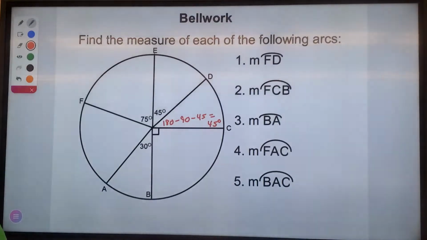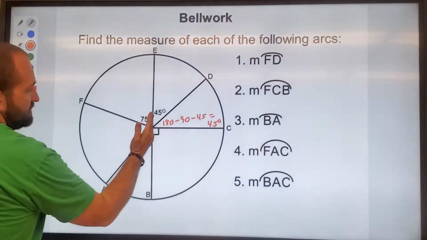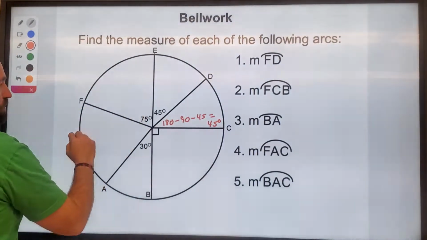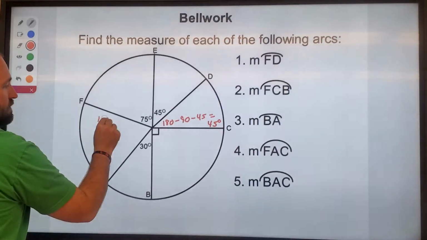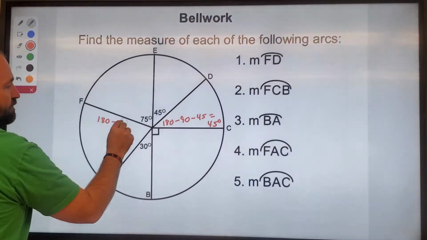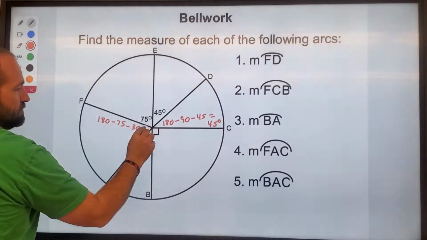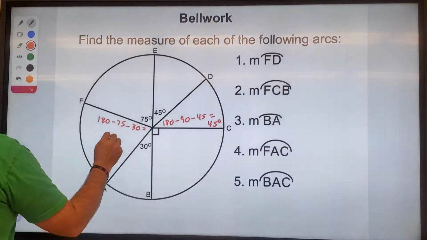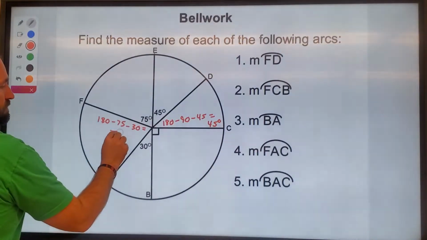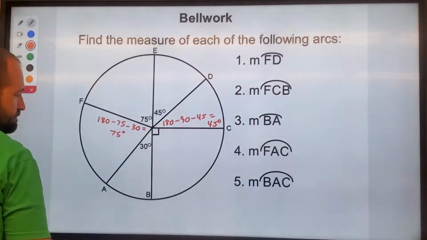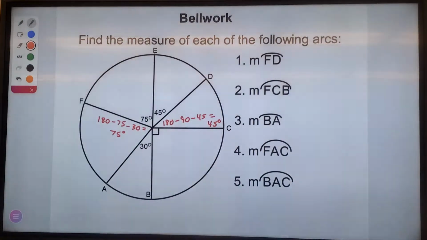Okay, and I'm going to do something similar over here. Again, this is a half a circle, so I know I have 180 degrees over here, so I have 180 minus the 75 that's right there, minus that 30 that's right here, which gives me another 75 degree angle. Okay, so now that I have all of these central angles figured out, I'm gonna go ahead and then answer these questions here. Okay, so if I look from measure of FD,